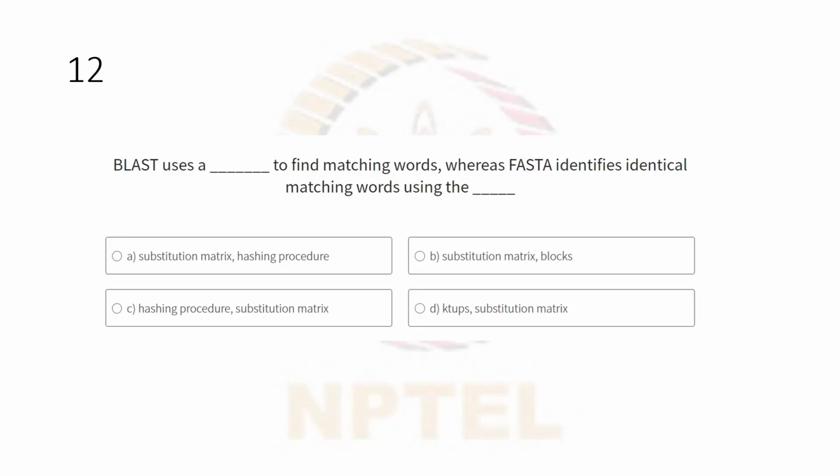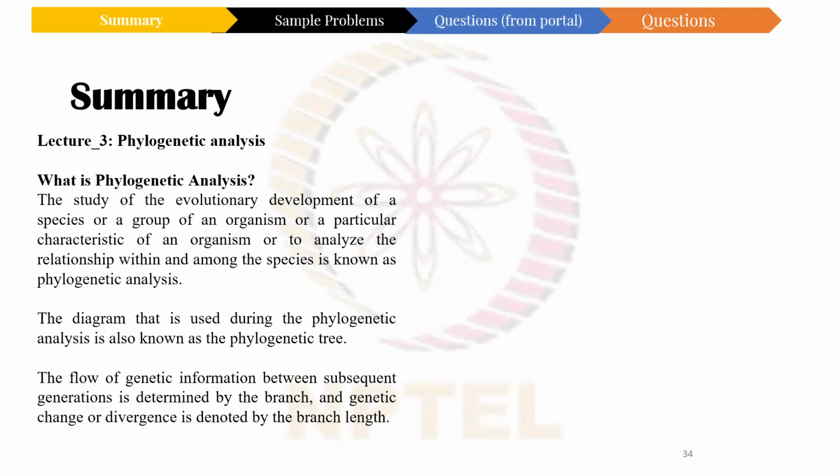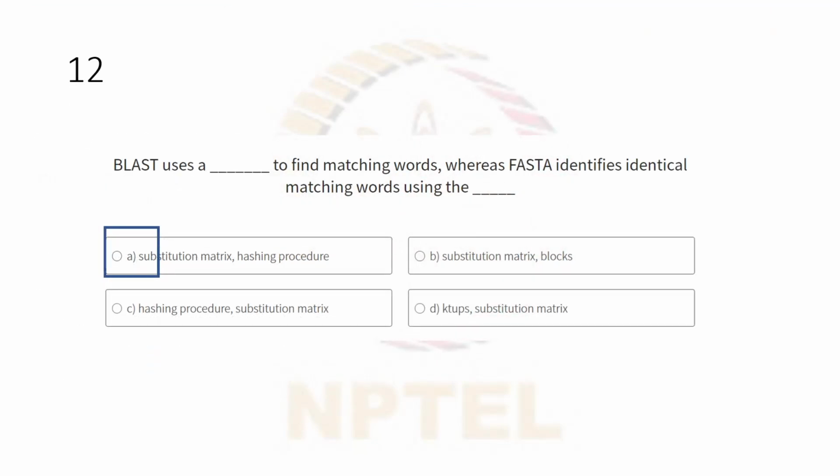Yes, the answer is correct. BLAST uses a substitution matrix, whereas FASTA uses a hashing procedure. Okay, from here on I'll be moving towards